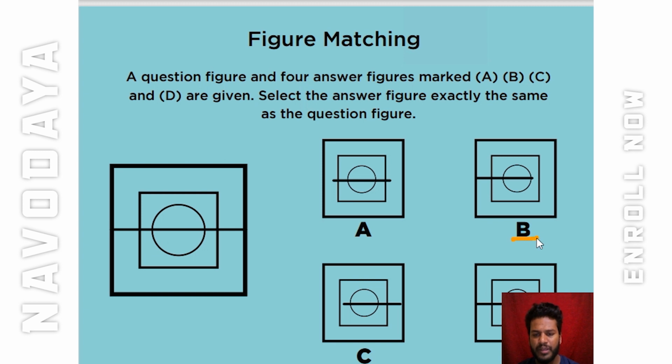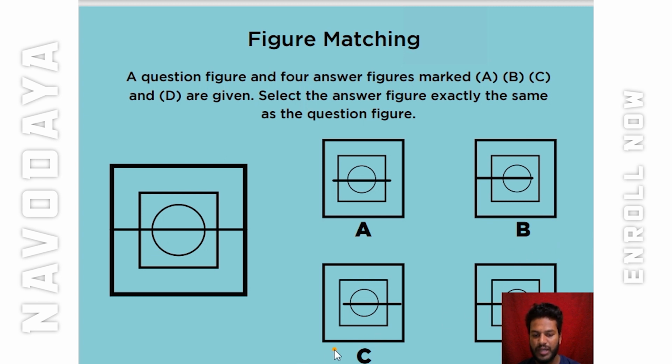So when it comes to B, just observe the B. So we have the same. We have the first square, we have the second square, and we have the circle, and we have the line too. But that is connected only on the left. It's not with the right. In the question figure, we have everything connected from left to right, right? The line which is connected. But in figure B, we have the exact figure, but the line is connected only to the left side of the figure, not the right side. Now the answer B is also not correct.